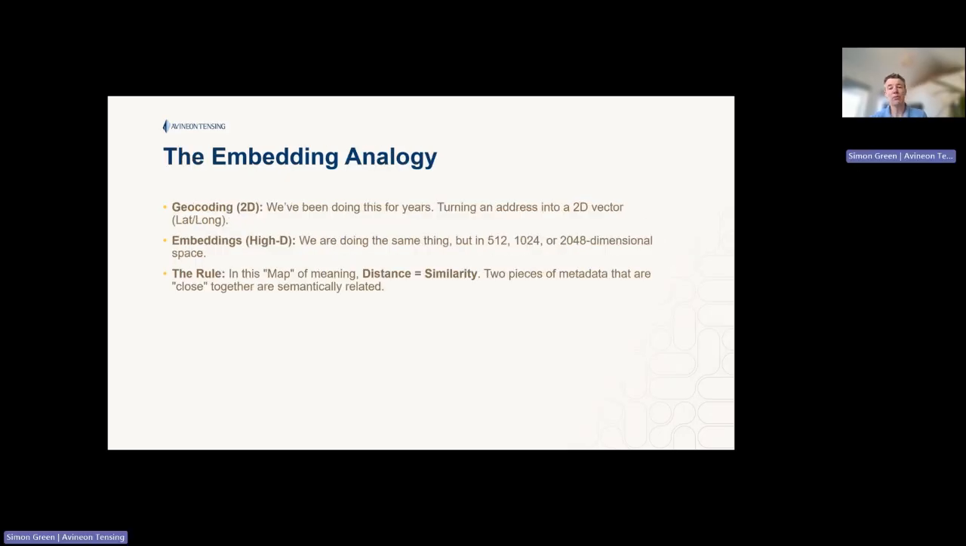Now, if vector sounds a little bit intimidating, don't panic. As GIS professionals, we've been doing this for decades through geocoding, right? We turn an address into a lat and long. We are essentially creating a 2D vector of that address. Now, embeddings are just geocoding for meaning. Instead of 2 dimensions, we are actually working in 512, 1024, 2048 dimensions. Now that is quite hard to conceptualize,